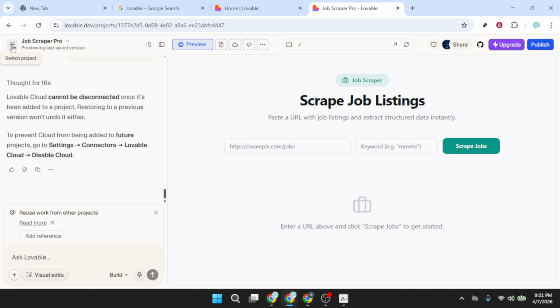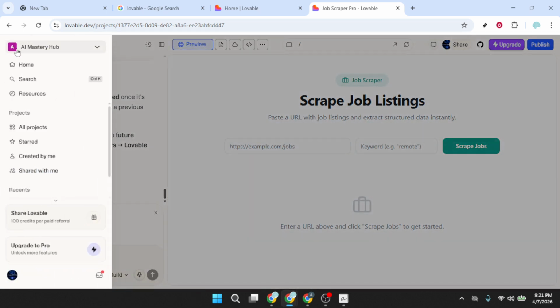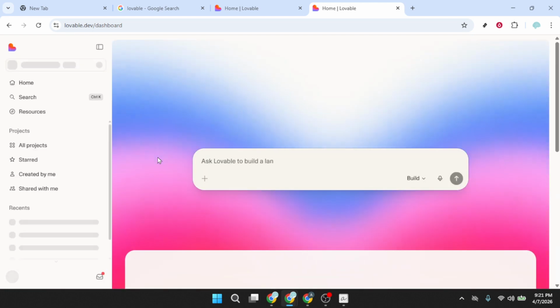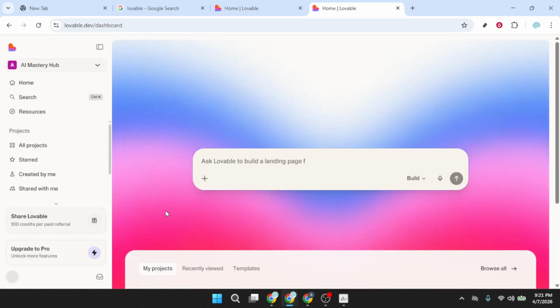When you see those 3 lines, click them. A navigation panel will appear. In that panel, click Home. That's it. You'll be taken straight back to the Home Dashboard, where you can see your projects, create new ones, or adjust workspace settings. This is the fastest, most reliable way to leave a project and return to your main